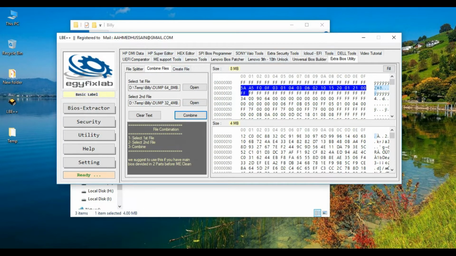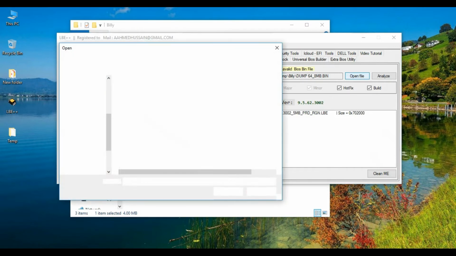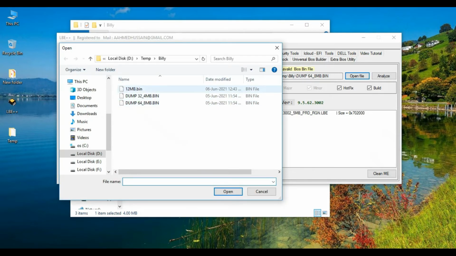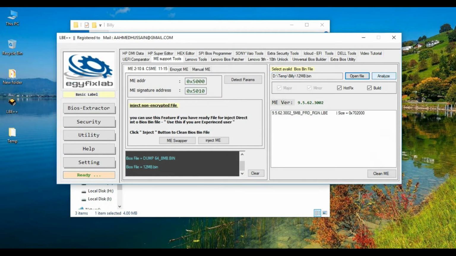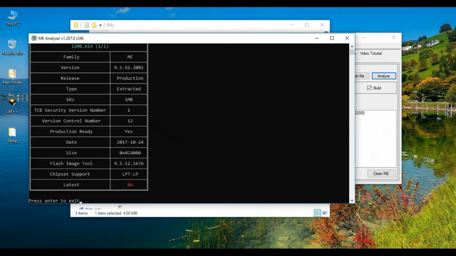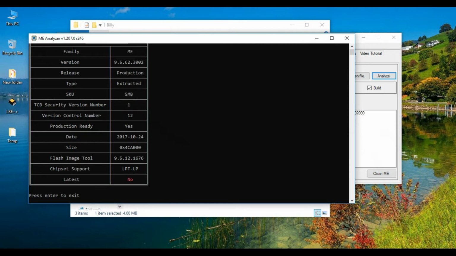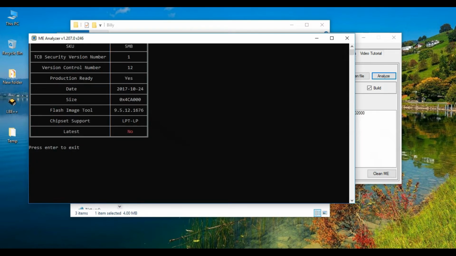Now open ME support tools, open file, select the 12 MB file. Now click analyze. Okay, it shows some ME region, 9.5.62.3002. Okay, there is no error.